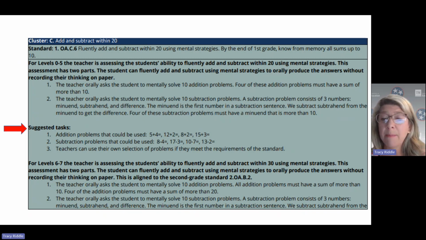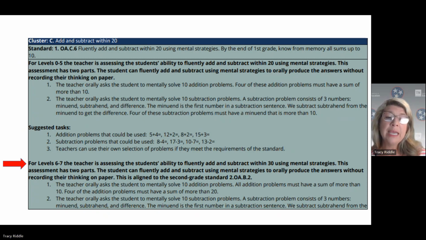You can also come up with your own 10 addition and 10 subtraction problems, as long as 4 have a sum of more than 10 for your addition problems, and 4 have a minuend of more than 10 for your subtraction problems. Once the student has mastered both solving 10 addition problems and 10 subtraction problems mentally using their strategies, then you can move to assessing the second grade standard that is aligned to this standard. The second grade standard is